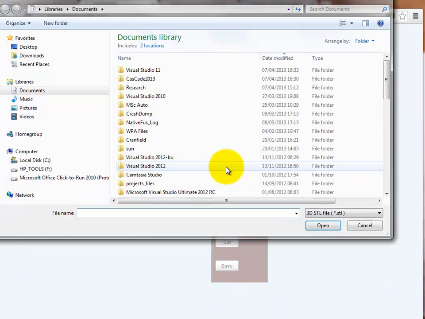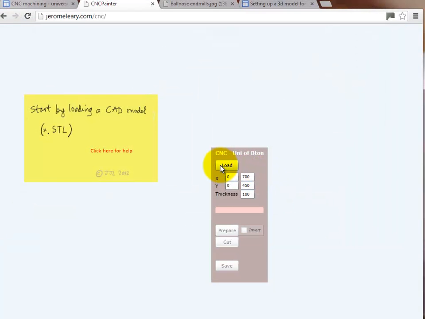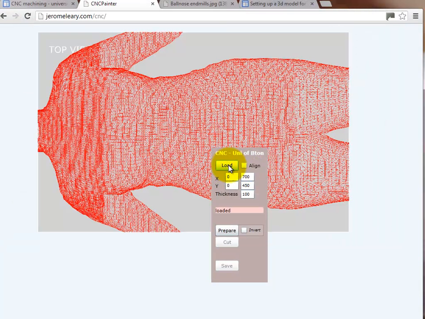So we load in the laser scan data, and there's the model. It's in STL file format, and it's loaded in. The dimensions here, this is 450mm by 700, and it's going to be quite thick, so I'll give a thickness of 300, and that's all we do. And then we just hit prepare,